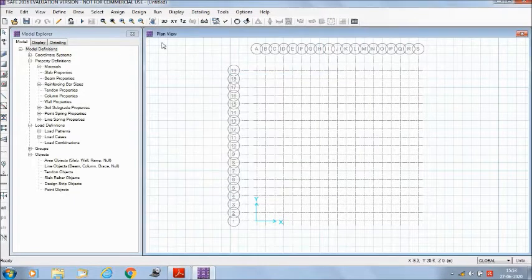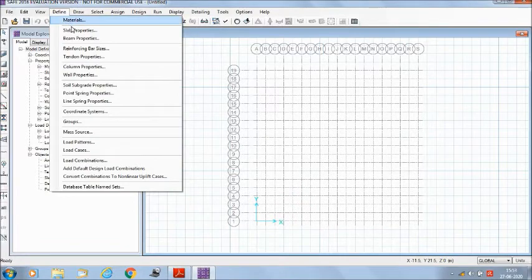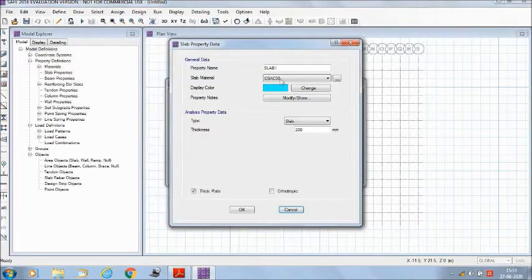Now we will go to Define, Slab Properties, Add New Property. Let us give a property name, mat footing. The slab material is M40 and let us take the thickness as 500 mm.